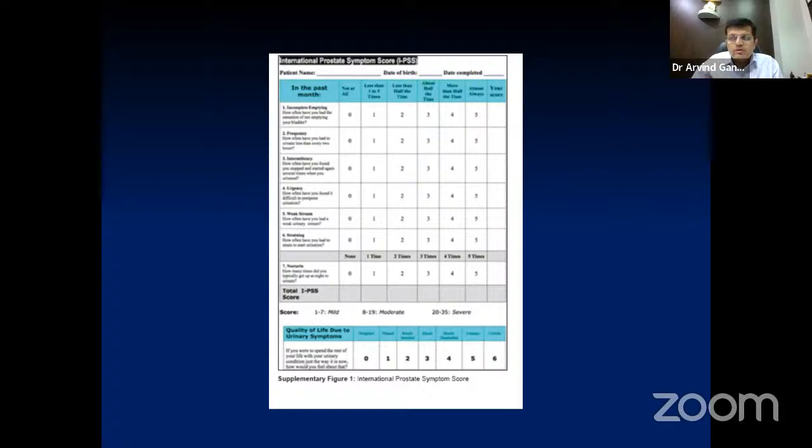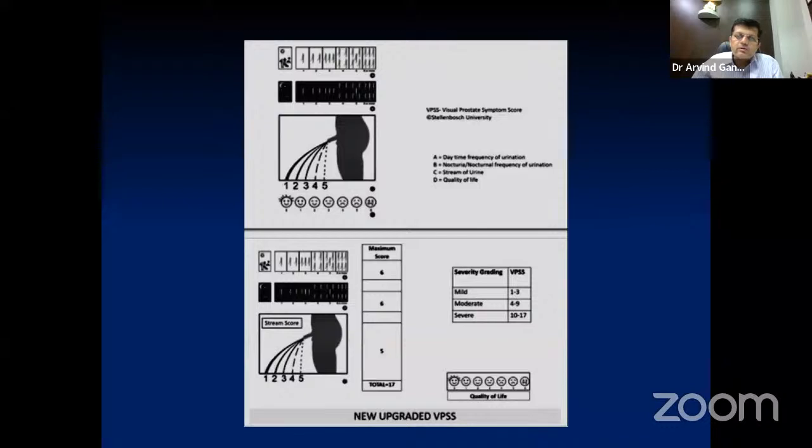Probably because of this particular drawback of the IPSS score, all of you must know this paper, which is published in the Indian Journal of Urology from Manipal. Our honorary secretary, Dr. Lakshman Prabhu, is the author of this paper, wherein they have come out with this terminology called VPSS, meaning Visual Prostate Symptom Score, wherein they have given schematic diagrams or drawings, wherein they have elicited the 7 symptoms of the IPSS score. So in this way, the patients can interpret their symptoms and actually put forth what they want to say to the clinician.